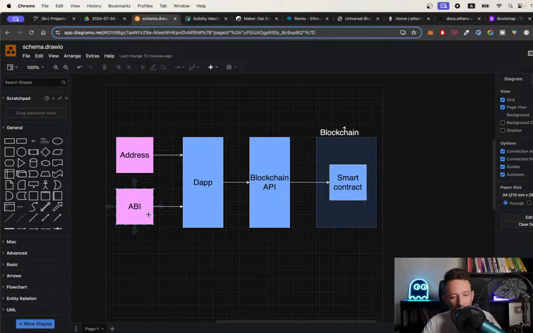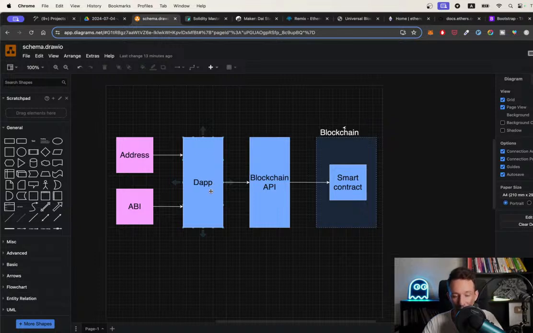And you also need the ABI. That's a JSON document that explains the interface of the smart contract. So in JSON format, it explains how to interact with this contract. We need these 2 things, the address and the ABI, to be able to interact with the smart contract